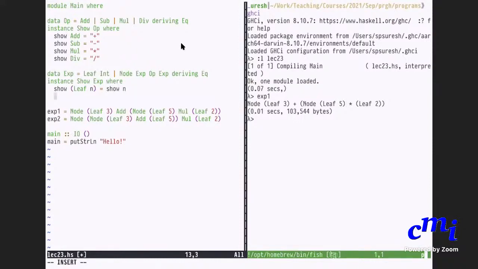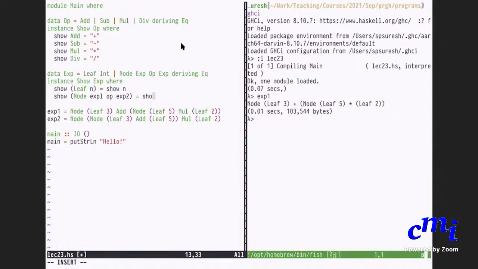Okay. What if it is show node, expression to the left, operation, expression to the right? Or I can call it arg1 operation arg2. Now what do you do? Show expression 1, operation, expression 2. What do you mean by that? Sir, I mean, it evaluates the expression 1. Why should you evaluate it? I'm just trying to show it.